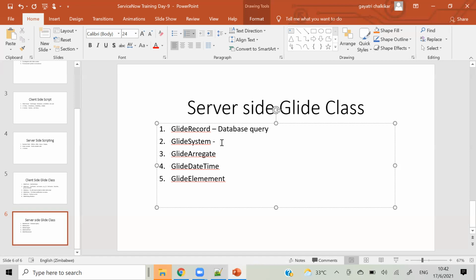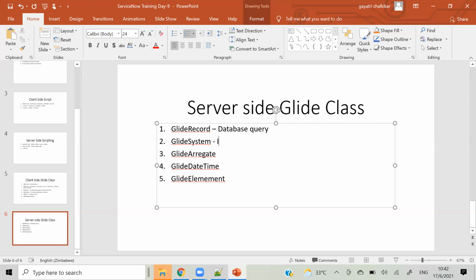That was glide record. Then we have glide system. We can perform things like showing error messages and info messages. We can add some decoration to our field, like a star symbol which will blink for 5 seconds and then go away. All those things we can perform using glide system. There are some 30 to 40 things glide system can perform. We will see 5 to 6 of those, and for the remaining I will share a document so you can practice. Okay.